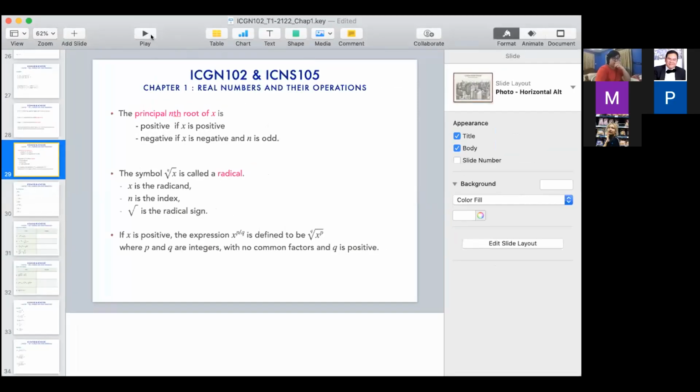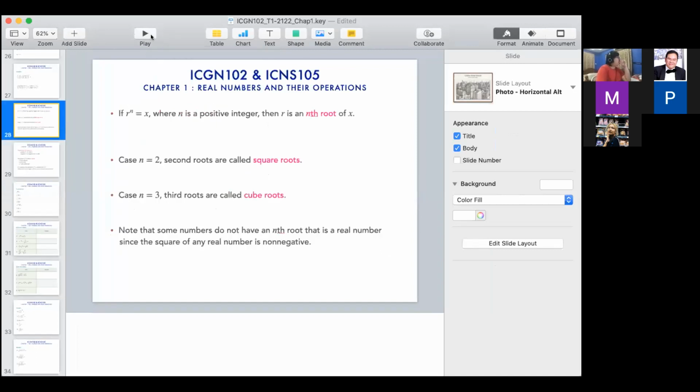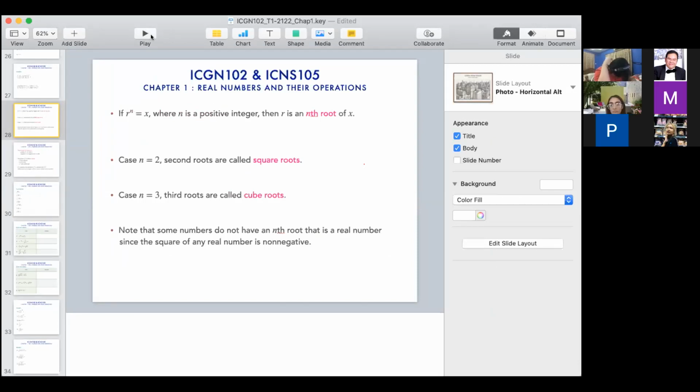In the last class, we talked about roots. We mentioned that if r to the power of n equals x, where n is a positive integer, then we say that r is the nth root of x. Whenever we would like to write it in terms of the root symbol,